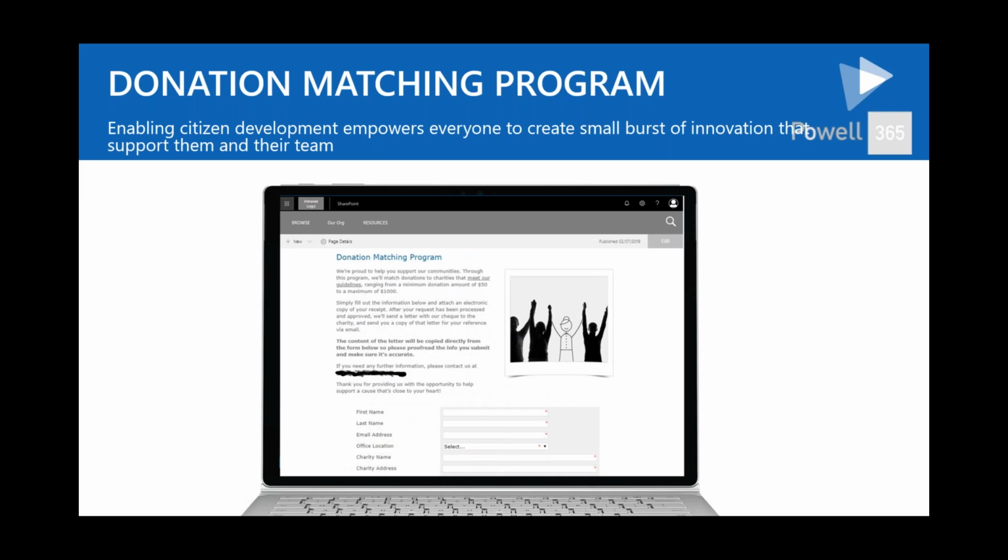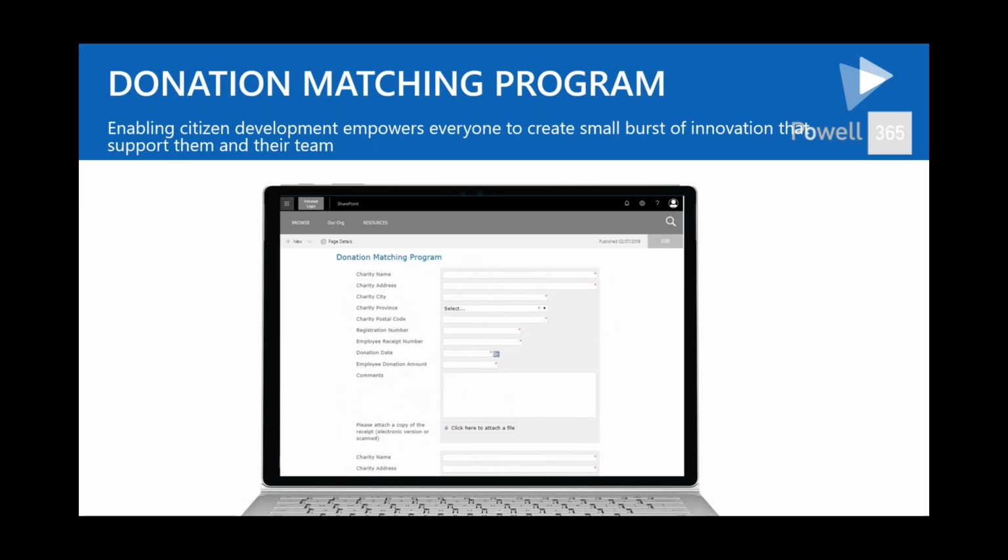The great thing here was that this had been so successful, but it was all built on InfoPath and SharePoint on-prem, and they had migrated over to SharePoint Online. This was one part of their transition that they didn't want to lose. It was so critical to employees, this simple donation matching program, and one of the reasons they loved working there. So in this example, we took a look at that donation matching program and realized it's a very